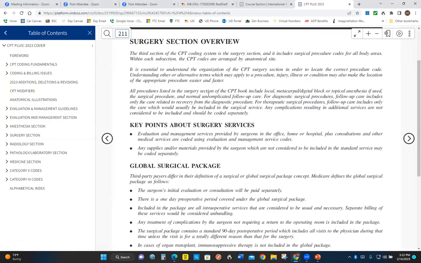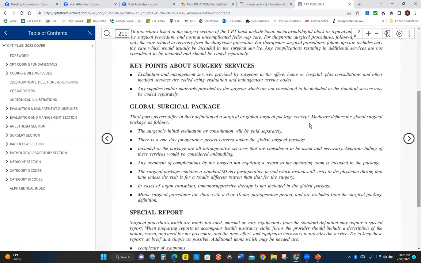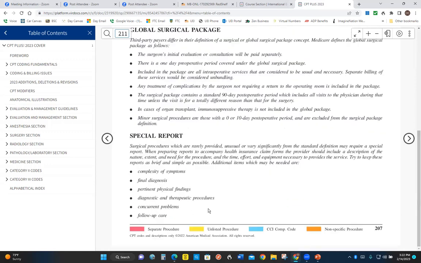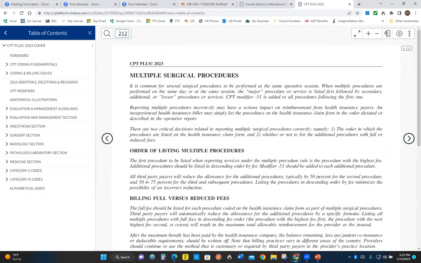It's basically telling you this is the third section of your CPT manual. They talk about the global package here, so you have that information here. So you're reading it in your book, and then you also have it inside of your CPT manual as well. It's going to talk to you about the global package, what's included, any special reports. It gives you information about that,